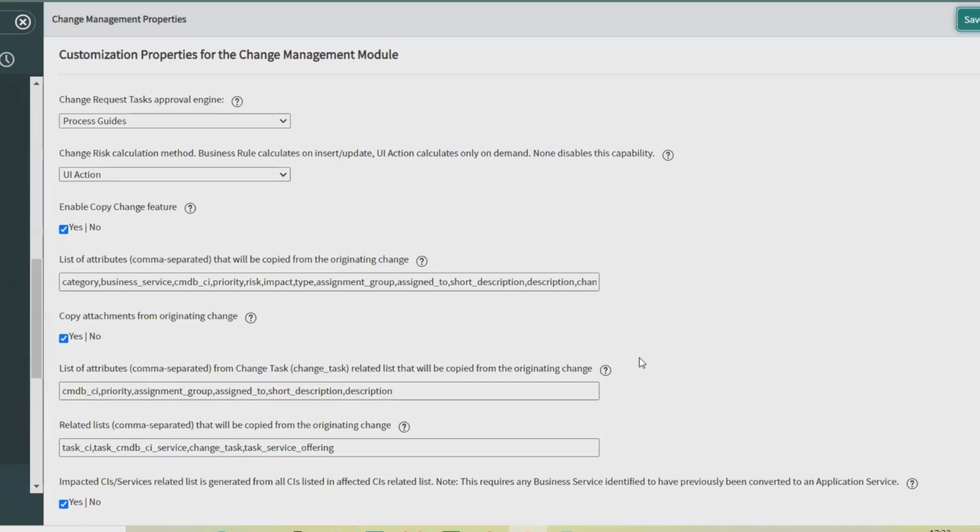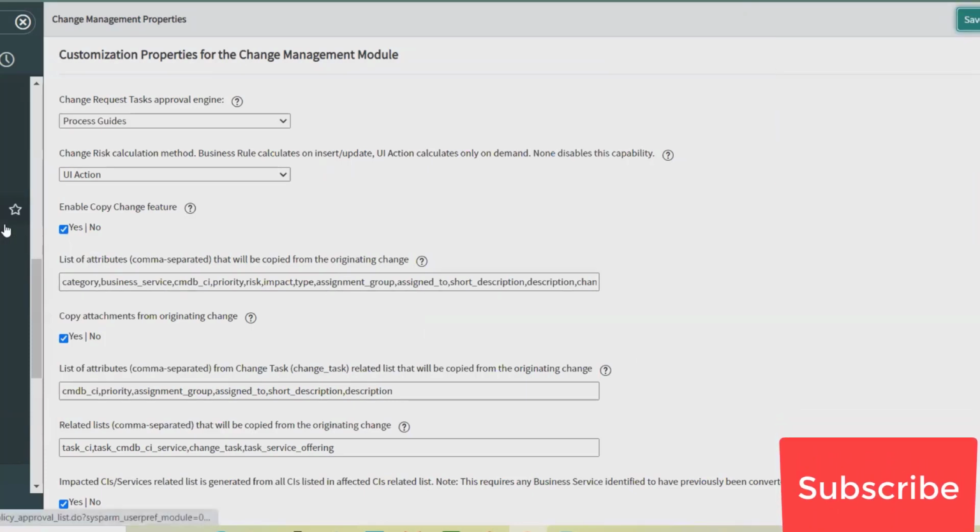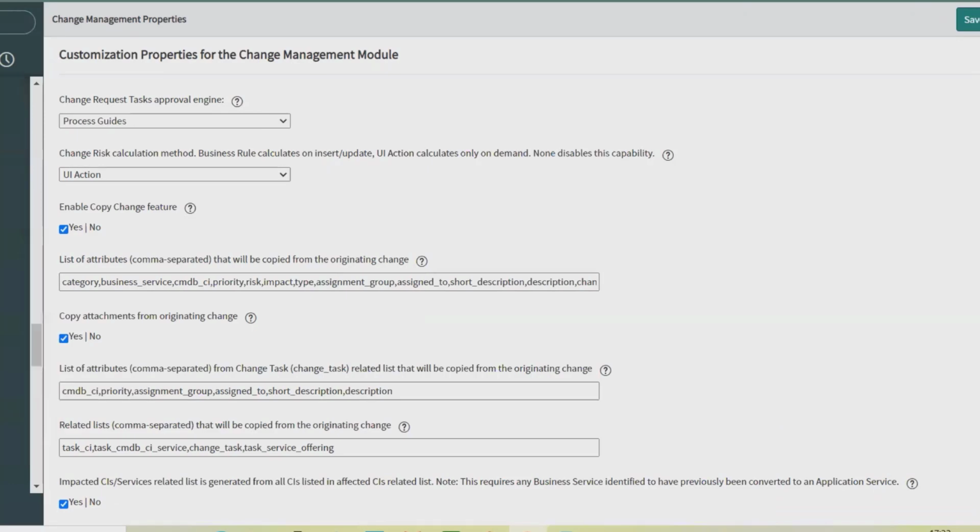To further customize the ability to copy a change request, complete the following steps by modifying a script include. Go to System Definitions.